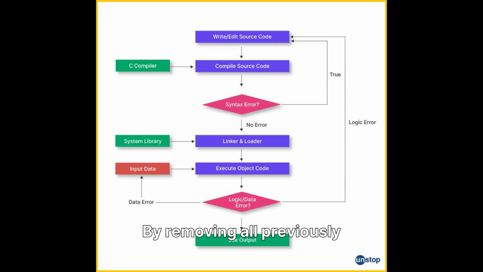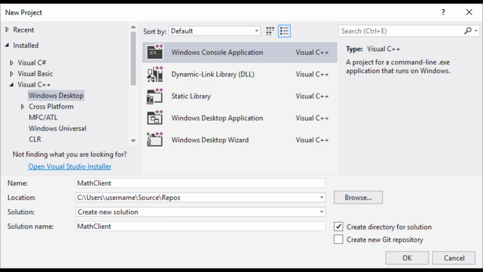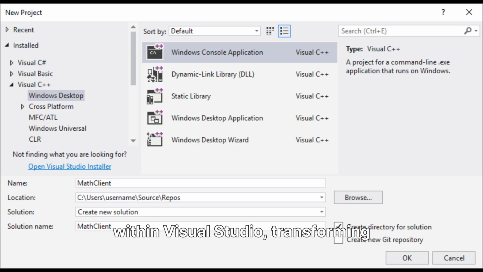By removing all previously generated build artifacts, you guarantee that the compiler processes only the most current version of your source code and resources. This practice is essential for maintaining build integrity and resolving stubborn compilation issues that might arise from stale files. Now, let's proceed to the actual build process within Visual Studio, transforming your source code into an